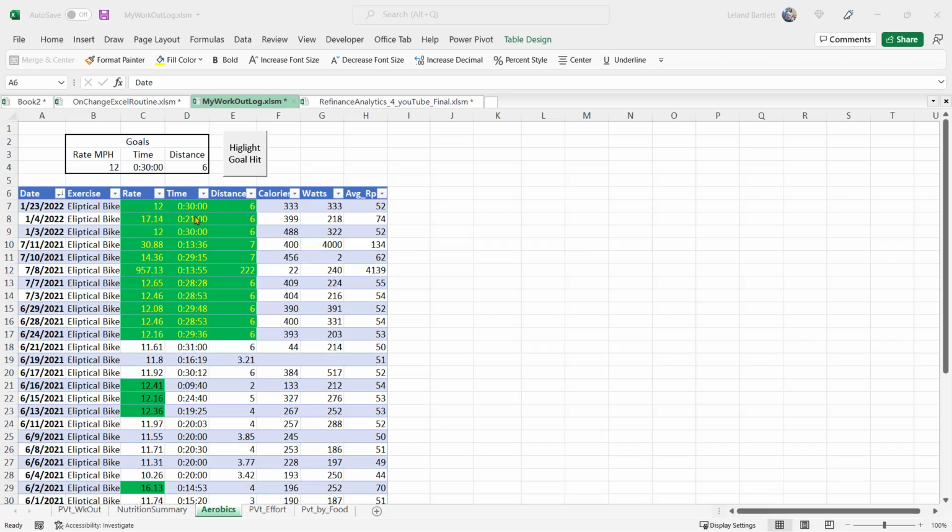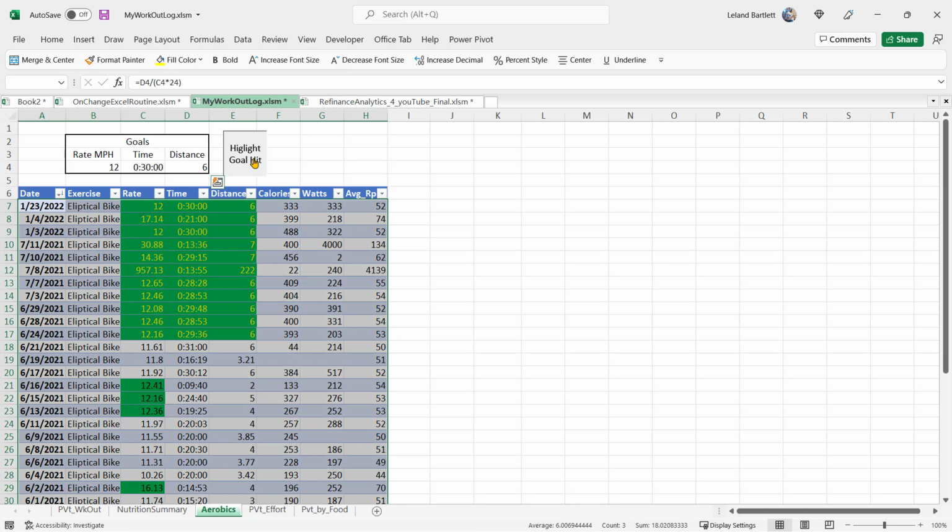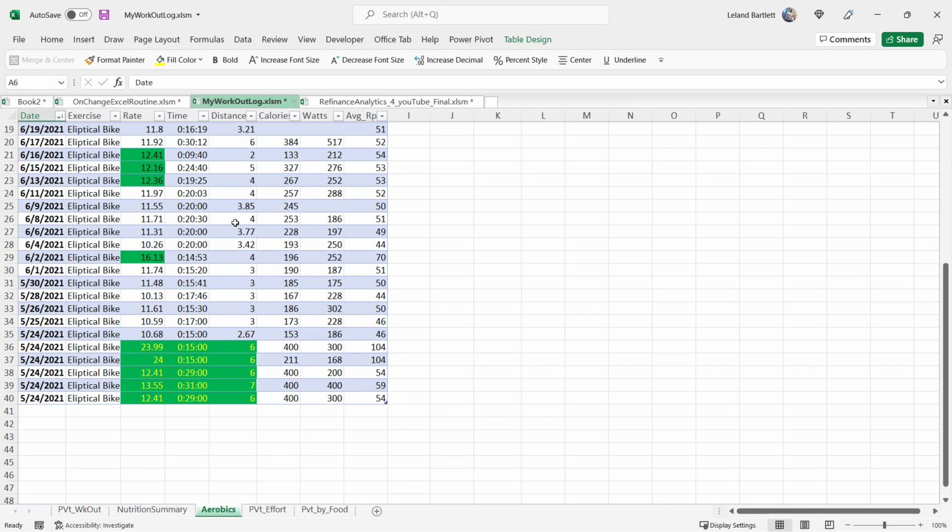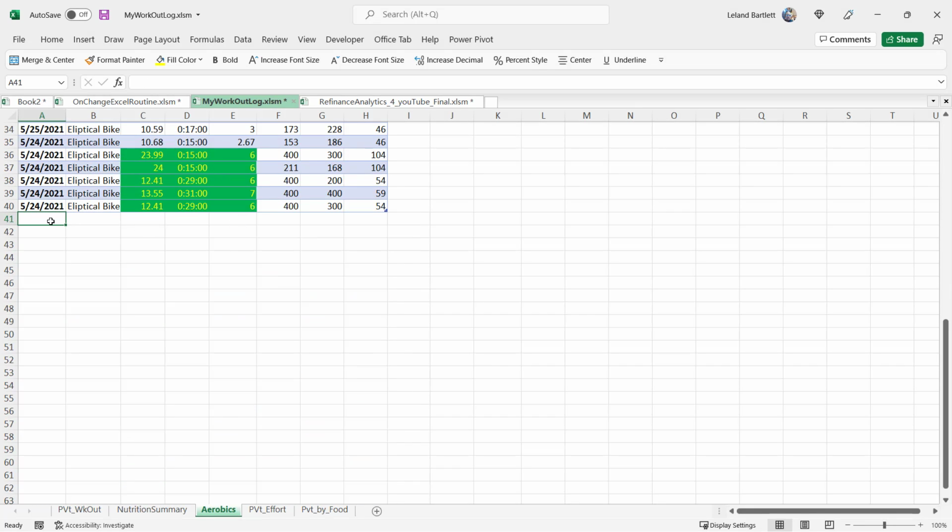Okay, what actually got me onto the on change was this right here, where I type in my aerobics information, and then I compare it to the goals that I have up here, and if it hit them, I want them highlighted in green with a different color font. To do that initially, I had to create the button, and I kept thinking, well, shoot, it'd be nice if it would do it all by itself. So that's what I did, I found the on change event, and then that way I can come down to the bottom of my workbooks as such,